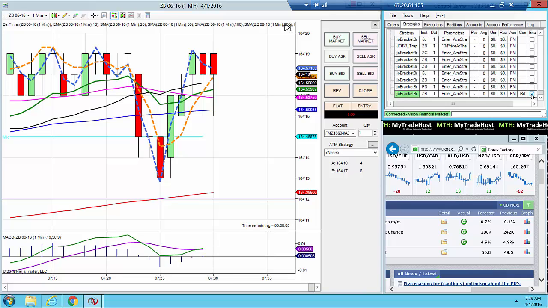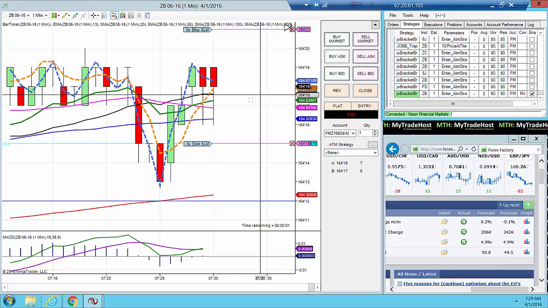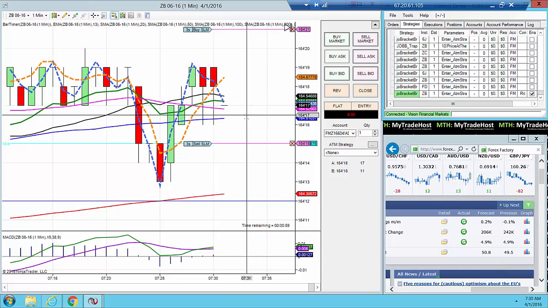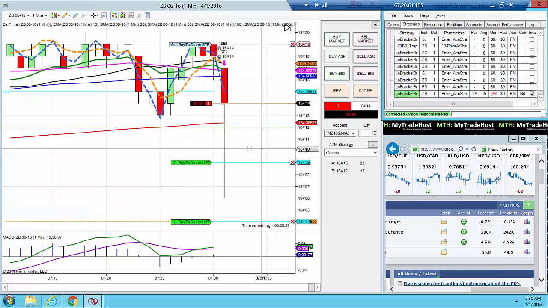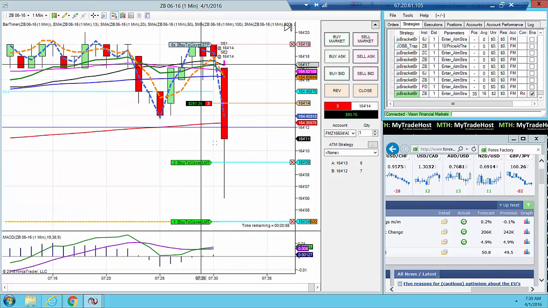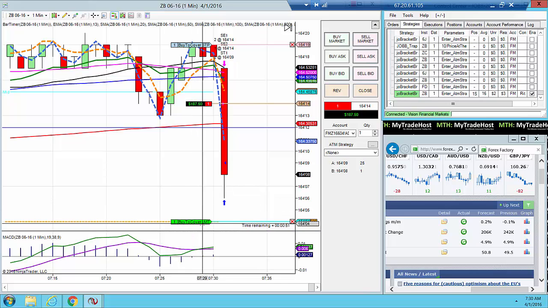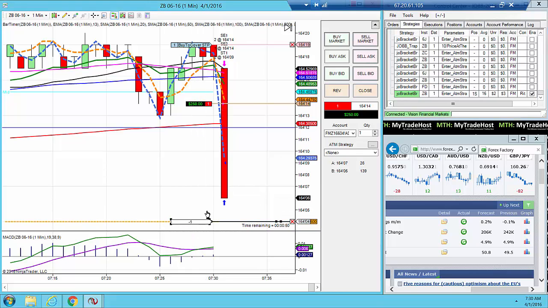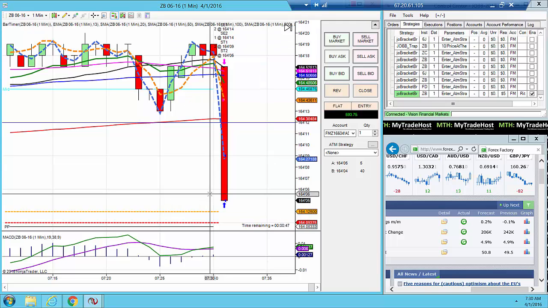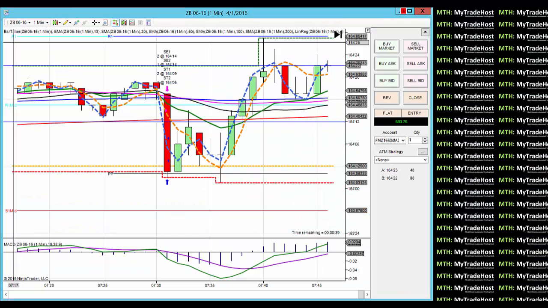Here's the non-farm trade from April 1st, 2016. Order pending. Here we go, 3 contracts pending. It's going to fill us right on the short side. And we have a 5-tick profit target with 2 of our contracts, which just got filled, and our third one is going to get filled right now. We move it up just 1 tick filled, and out with 9 ticks. So altogether,